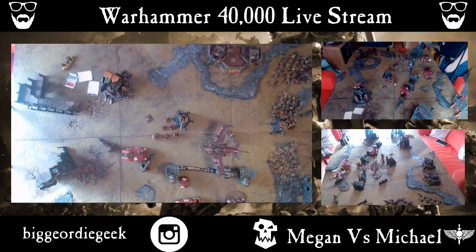Okay, so that's shot. Now we'll do these guys. What are they shooting at? They could also shoot at the Vindicator. The Vindicator has a 3+ save. It's strength 6. Your rockets are...